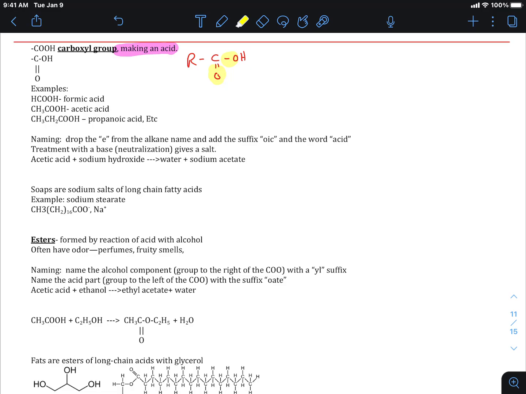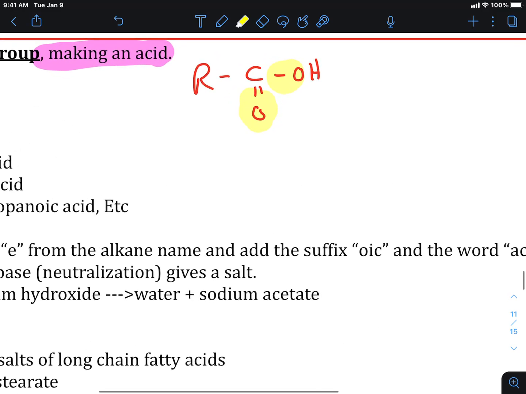You have 2 oxygens close to each other. And what they do is the bond that's right here, this little green bond, this covalent bond is weakened